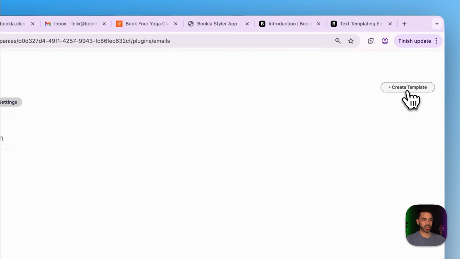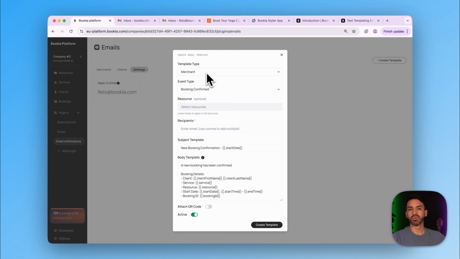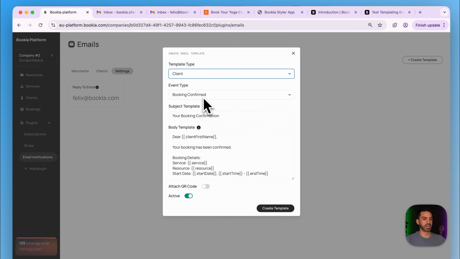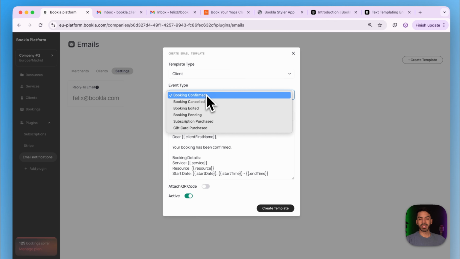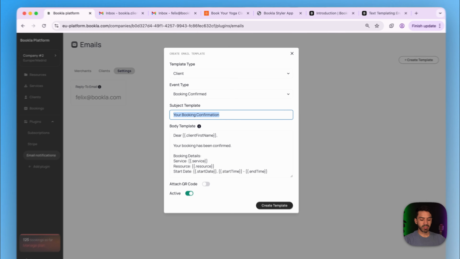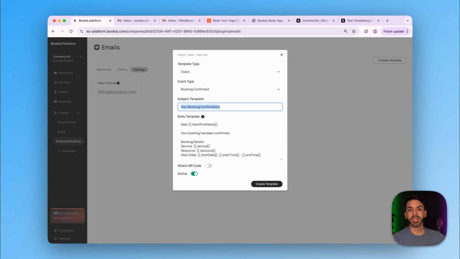We click on create template and then we need to choose, will it be for merchant or client? For this example, let's use client. Then the event type is the booking event that will trigger this email. So let's keep booking confirm for now. On the next line, we can modify the subject line of this template, thus modifying the subject line of all the emails. So let's say,